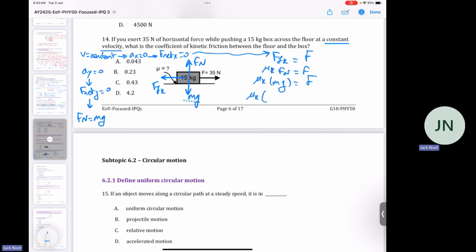So mu k multiplied by 15 times 10 equals 35. 15 times 10 is 150, so you divide both sides by 150. Mu k will be 35 divided by 150. This gives you 0.23 almost. So that's the answer. It's B. Now we go to